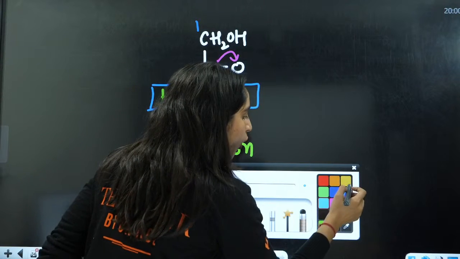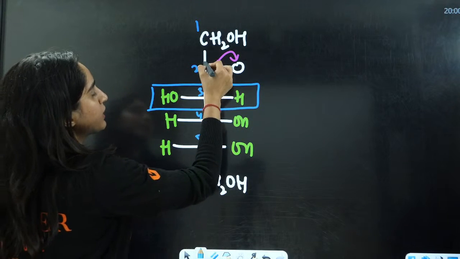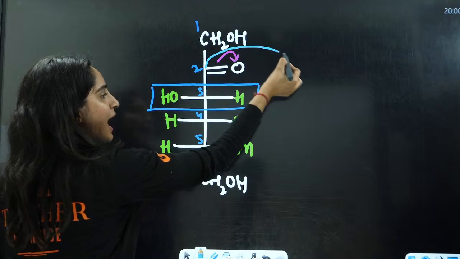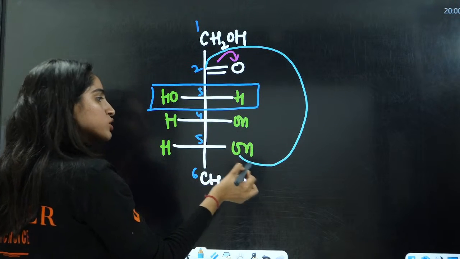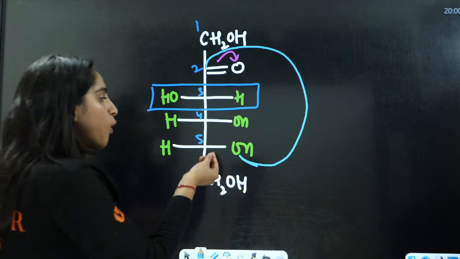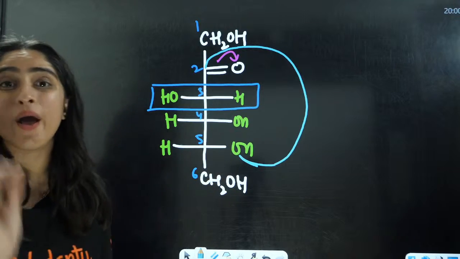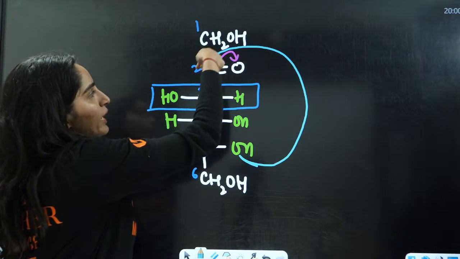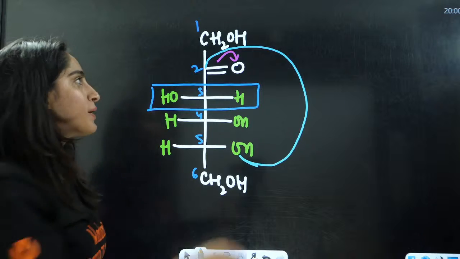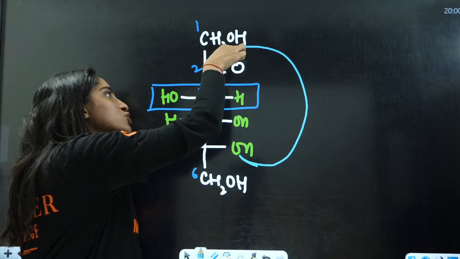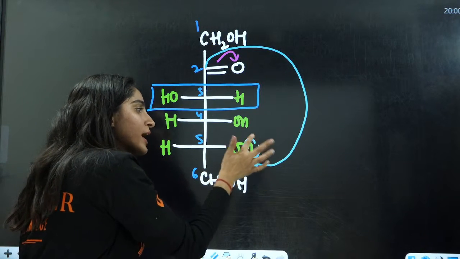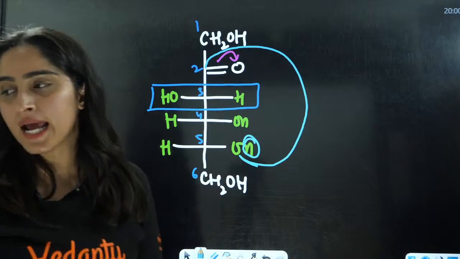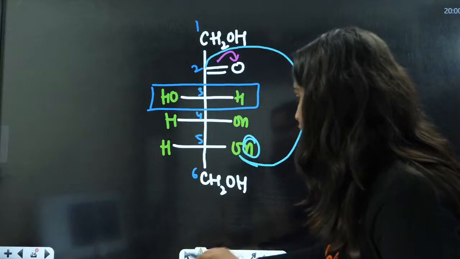The hydrogen here is going to shift here. And there will be a new bond between this carbon and this oxygen. There is going to be a new bond formation between the oxygen of the OH group of the fifth carbon and the carbon number 2, because it is going to lose the electron here. Then the H positive is going to shift here, right?